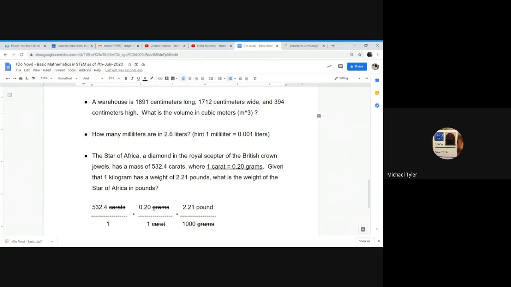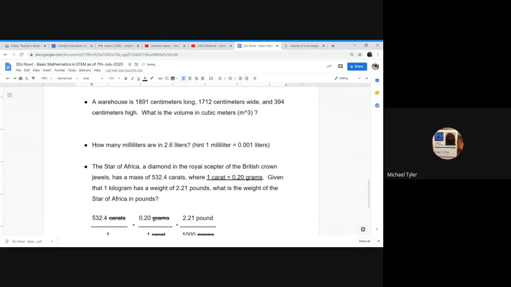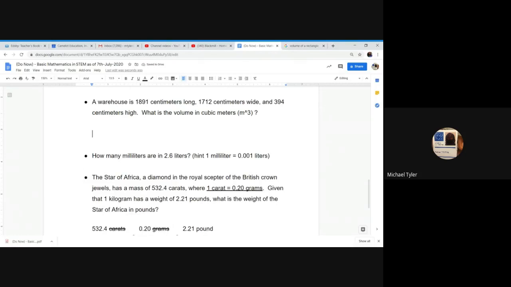So let's jump into the problem. The first thing we got to do is convert every last single centimeter into meters. So this is just an exercise of you doing dimensional analysis, and then volume is just length times width times height. You multiply them all together in the end. But first we got to convert each one.